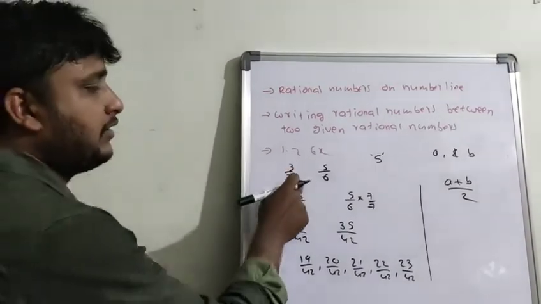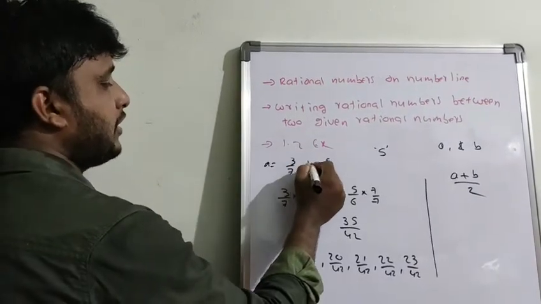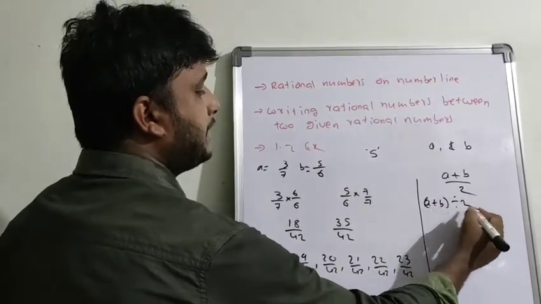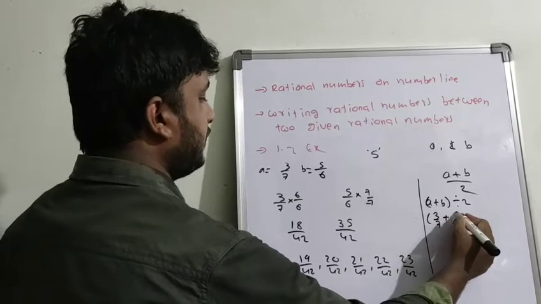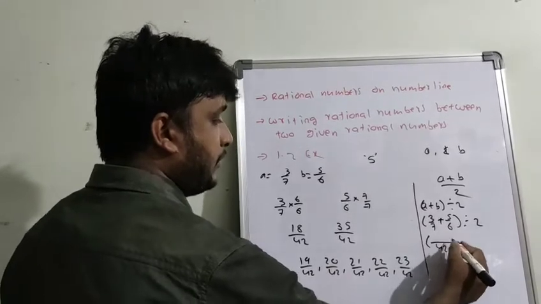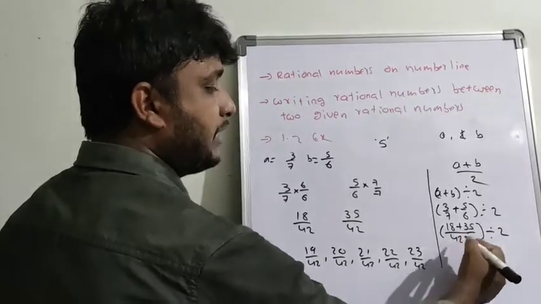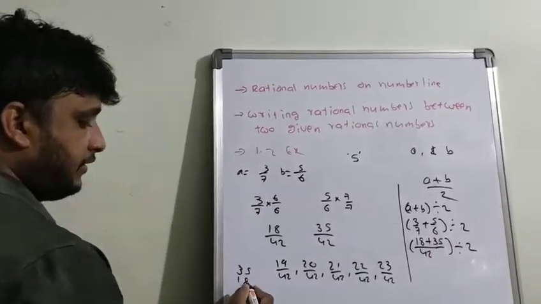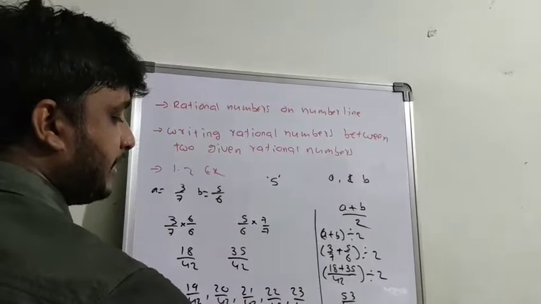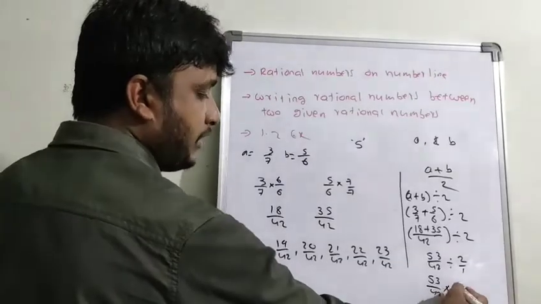Say for example, in this question, if they are asking to find a rational number between two numbers, this is A, you have to take as A, and this you have to take as B. So (A plus B) by 2. A value 3 by 7, this is 5 by 6, divided by 2, and I should add: 6 7s are 42, 6 3s are 18, 7 5s are 35, divided by 2. 18 plus 35, first add 35 and 18: 8 plus 13, 3, 4, 5, 53 by 42 divided by 2, you can write 2 by 1. Now do the division, 53 by 42 and it becomes 1 by 2.